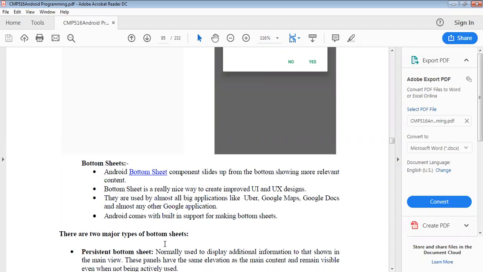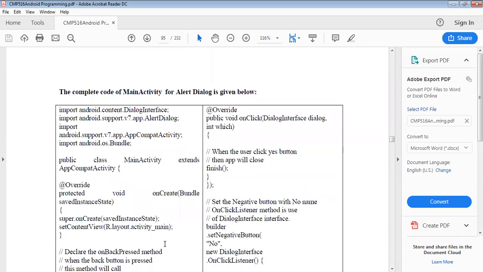They are used by almost all big applications like Uber, Ola, Google Maps, Google Docs, and most other Google applications. Also, Android comes with built-in support for making bottom sheets.